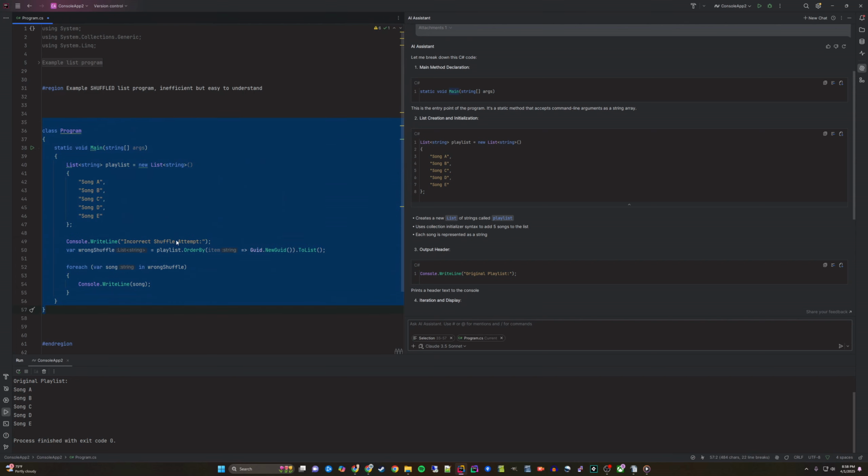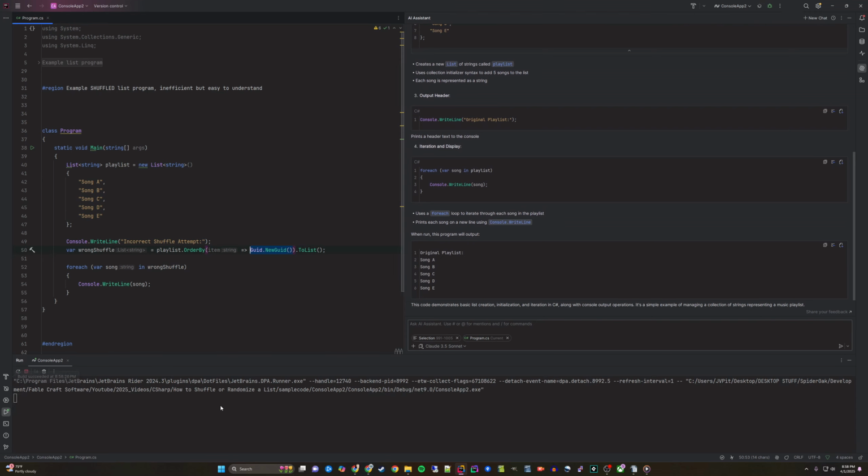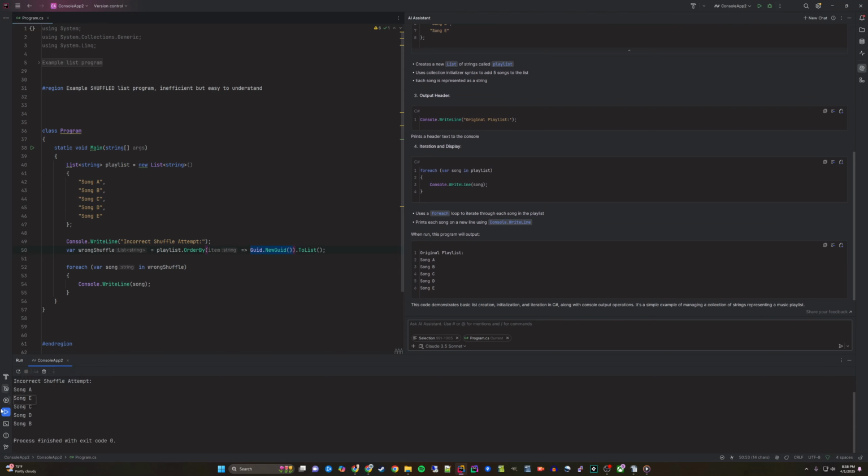Now, I'll show you a common approach some people use that looks like it works but isn't optimal. I'll shuffle the list using a method involving a GUID. As you can see, the songs appear randomly, but this method can cause performance issues in larger lists or repeated executions. Now, let's look at the proper and efficient way